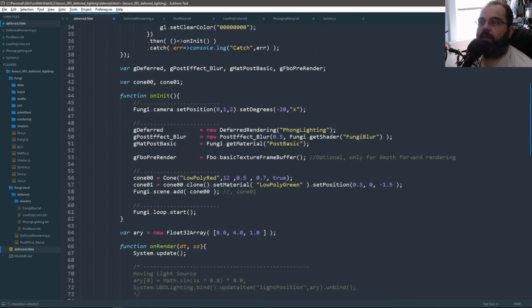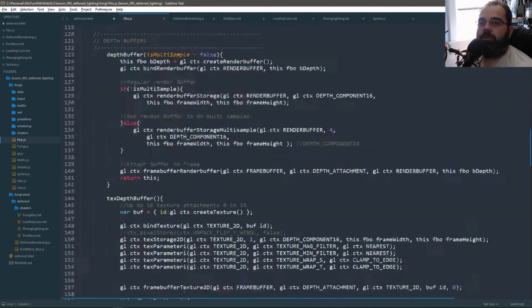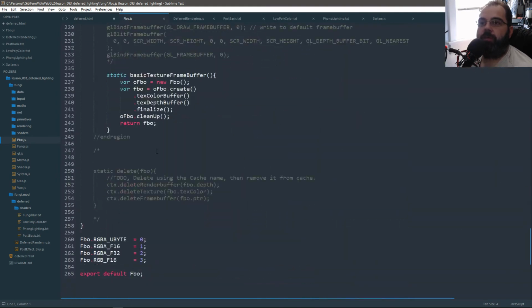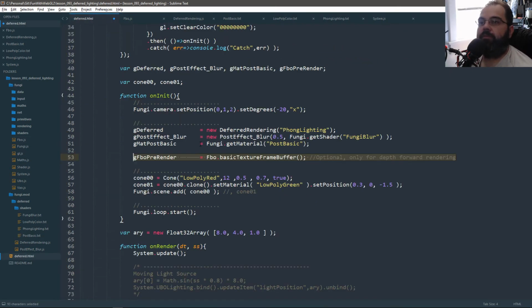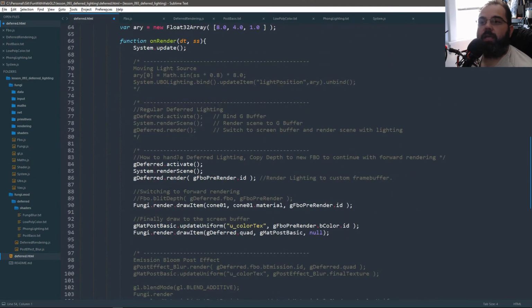And at the very top, I have it right here. It's the default frame buffer we've been using for a long time. It's FBO. If I scroll straight to the bottom, it's a basic, simple one. It's just color and depth. That's all it is, just a custom frame buffer. So we're rendering our deferred lighting into that texture. And if you want, like I said, we can then start rendering things to it,